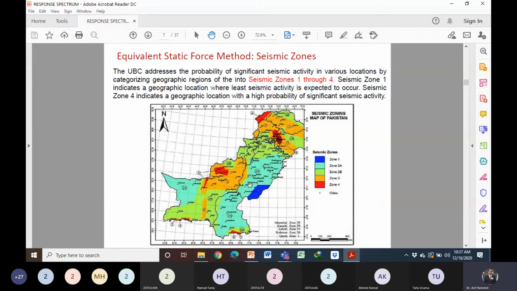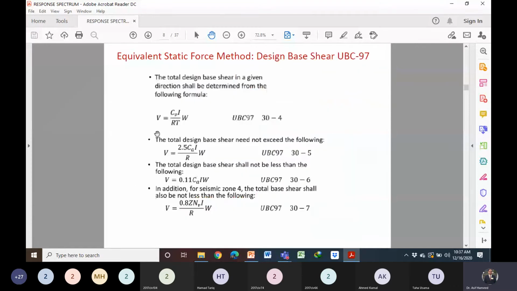And then the properties of the earthquake loading or the dynamic loading: soil type, distance from the epicenter, and the probability of occurrence of the earthquake. Okay, these are the factors which they have incorporated in the empirical formulas. Let's see the empirical formulas. This slide we will discuss later. These are the empirical formulas.